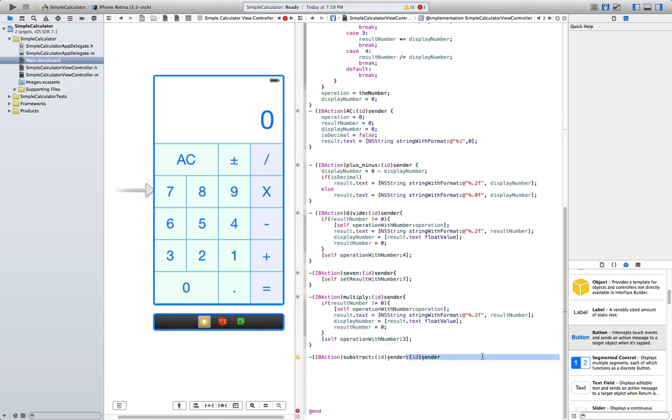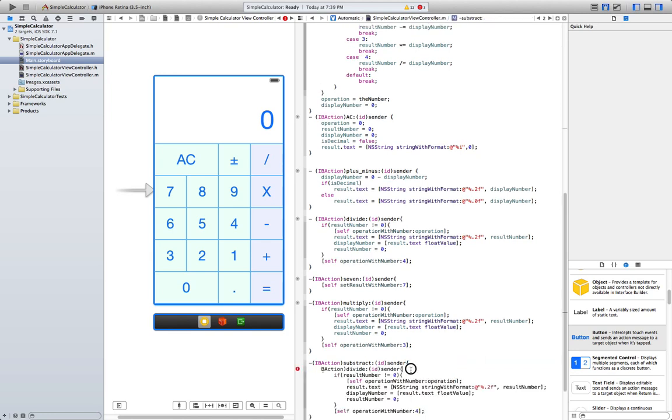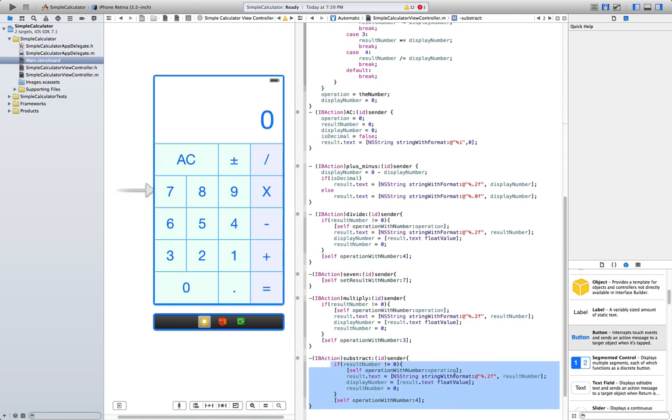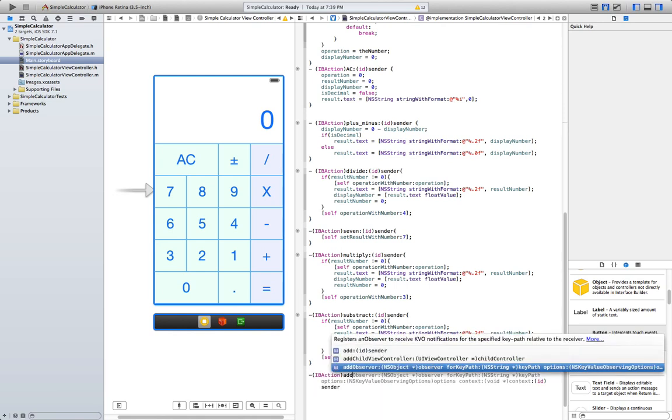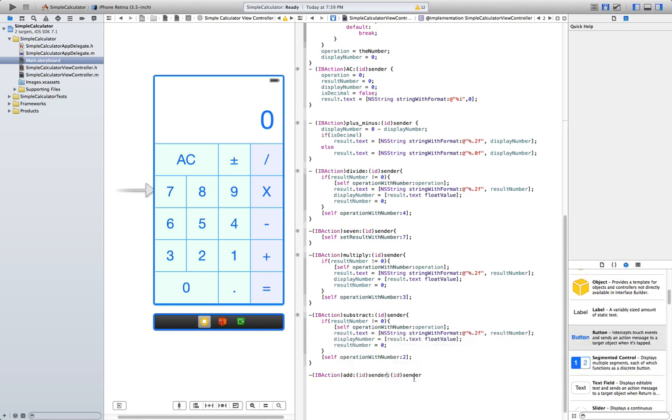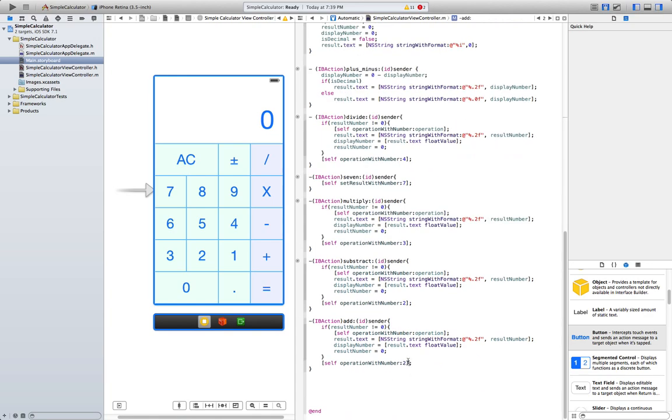Again, the same code, but this time with a 2. And finally, IBAction, add. This time with a 1.